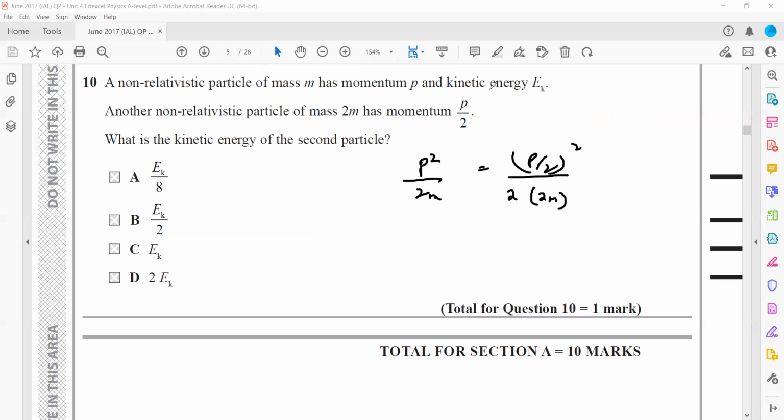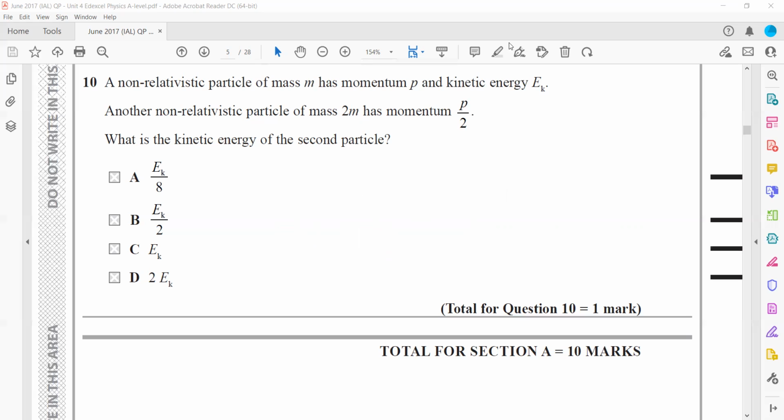So Ek equals, this will be p square by 4, and this is 2 multiplied by 2